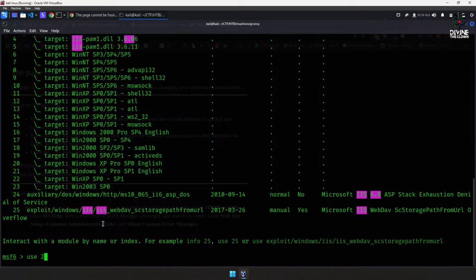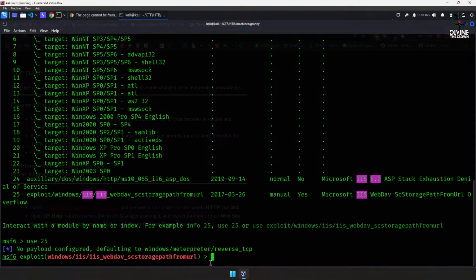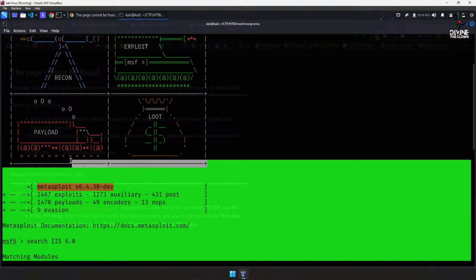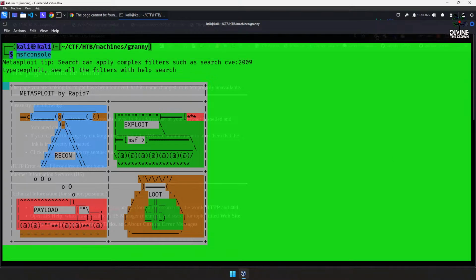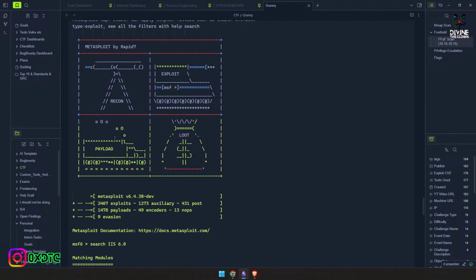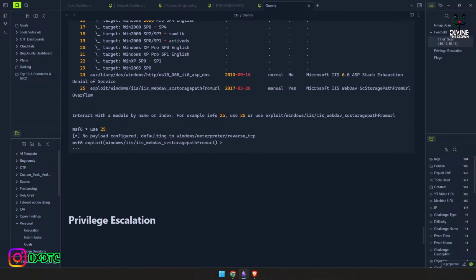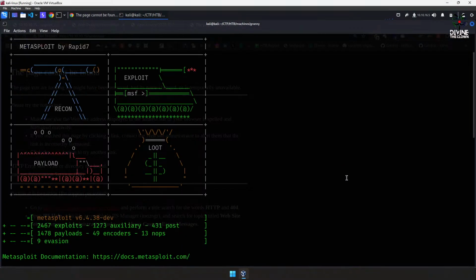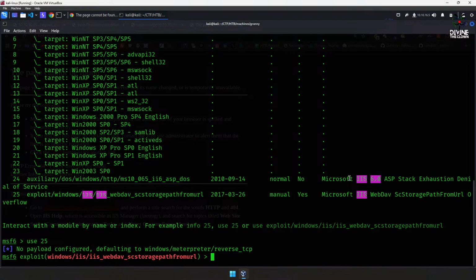Use 25, which has added the reverse meterpreter payload by itself. We can loot a bit less. This looks good. And now if I pull the options,